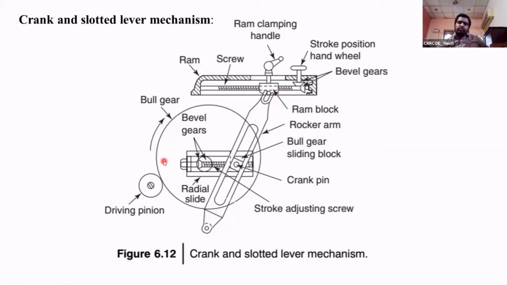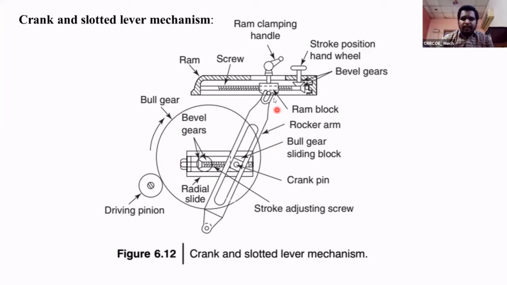Here I want to specially discuss two mechanisms, that is the crank and slotted lever mechanism and the Whitworth mechanism. Already you know, but once again I will explain about them, which are used in the shaper. This mechanism is used for converting the rotary motion into reciprocating motion, and one more advantage is we get quick return in the return stroke of the shaper, which is the idle stroke. In that idle stroke we can move the ram in a quick manner by using the crank and slotted lever mechanism and Whitworth mechanism. Now we see these two mechanisms.